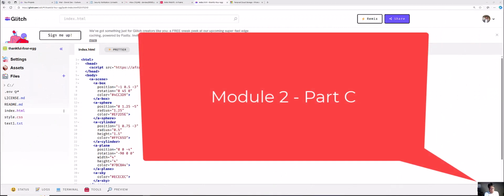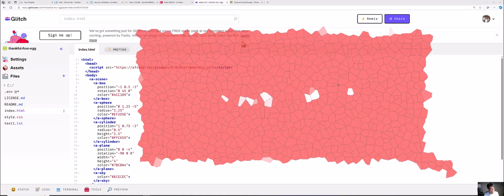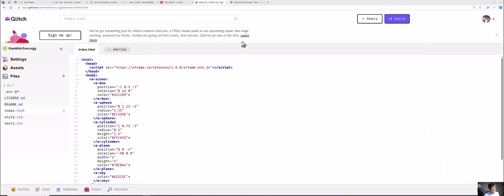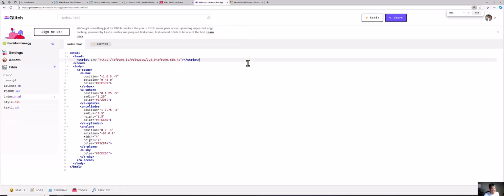So this is the next part, module 2 part C. I asked you to clean up the code. Let me zoom out a little bit so we can see the rest of this code here. I always like to line my code top down. It's easier to read. Syntax errors are crucial. Make sure you get the right